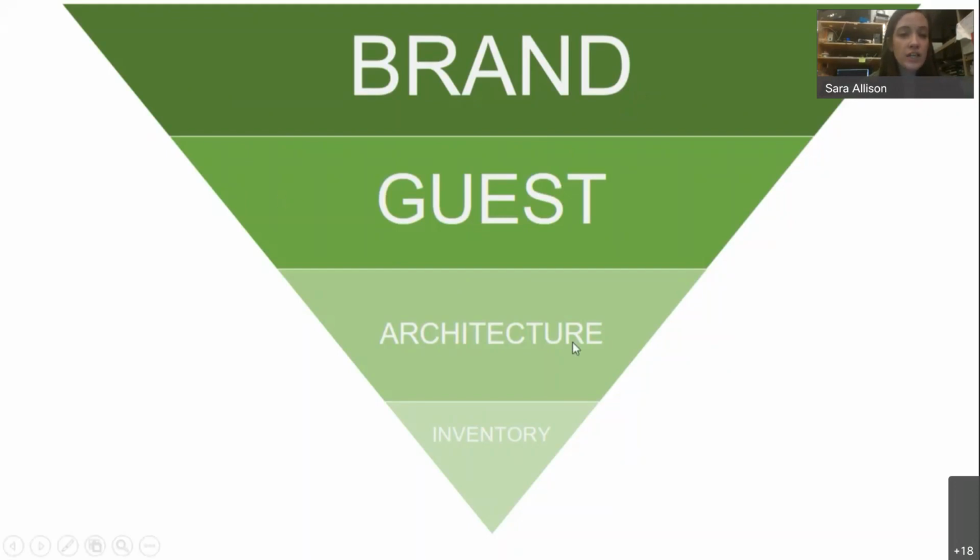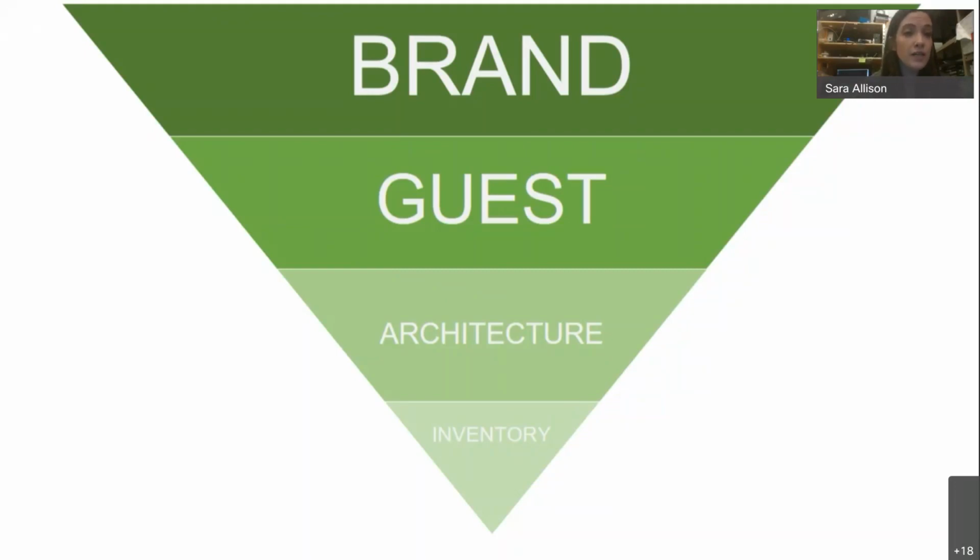And then we do want to look at architecture, which is going to be the build of our store, the layout. Do you have extra walls, extra tables? Are you very condensed? Are you a side-by-side location, or are you a standalone? All of these things go into the architecture filter.